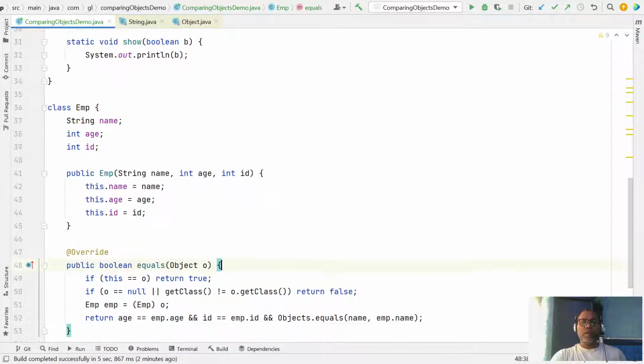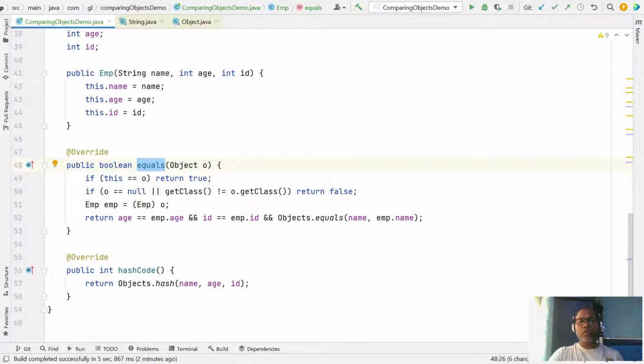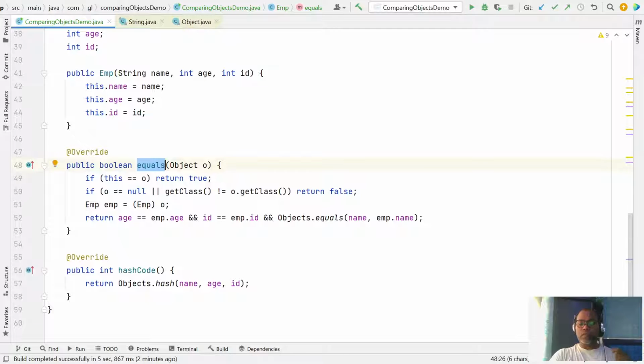In this way you can create your equals method. In the general contract, whenever you create an equals method, it should have a hashCode, and both should work the same way. This is used in the case of hash map algorithms.